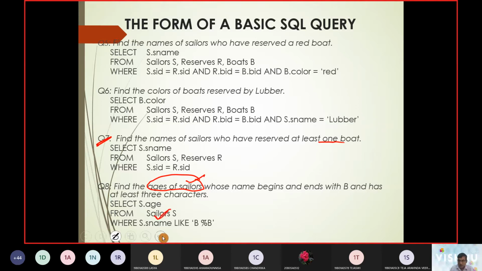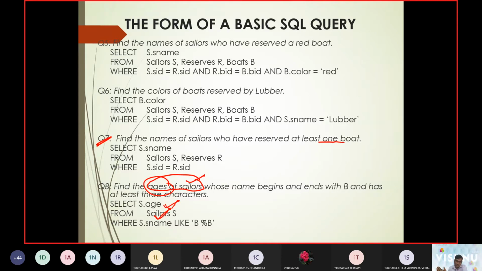Therefore, we have to bring the Siler database. Next, what we need to display? We need to display the ages. As we need to display the ages, we mention select s dot age, s being an alias for the Siler table, from Siler. Up to now, whatever answer we need, we have formulated in the form of a query.